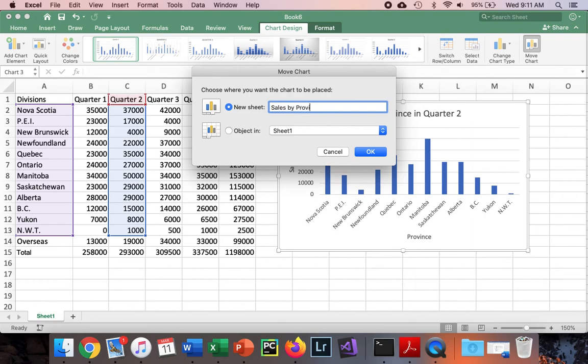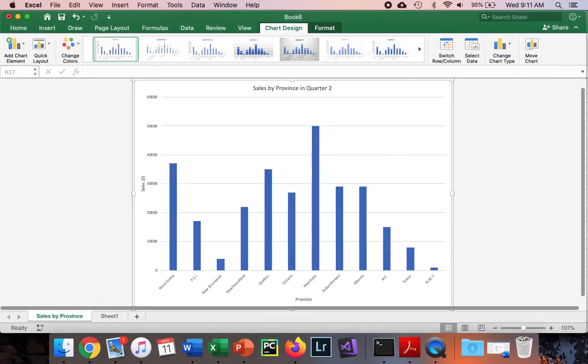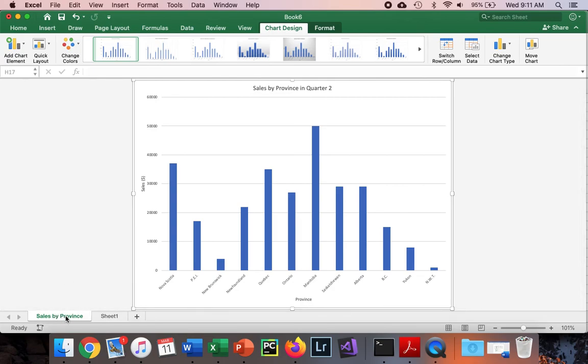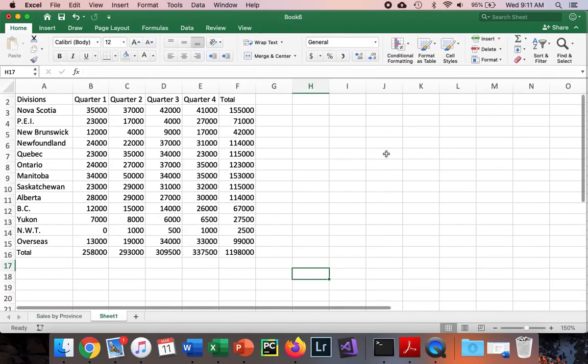So watch what happens here. So I'll click OK, and now it moves it to the bottom on this brand new tab by itself, gives it a nice full screen view, and it looks really nice. So I'll go back to my sheet 1, it's no longer there because I moved it, and we can try the next thing. So the next thing, it says we need a line graph that shows the yearly sales for